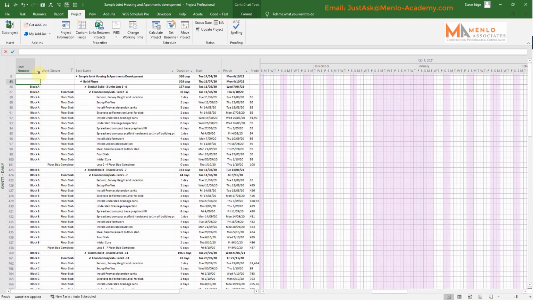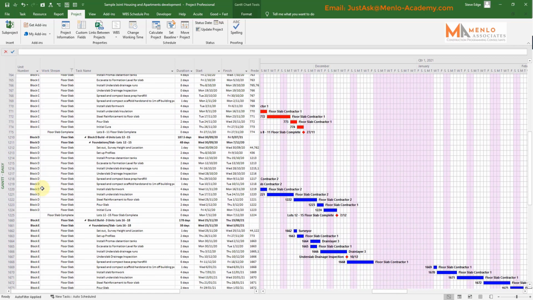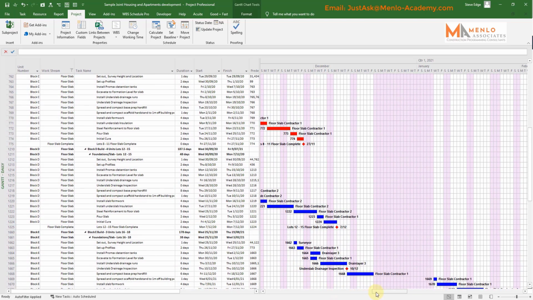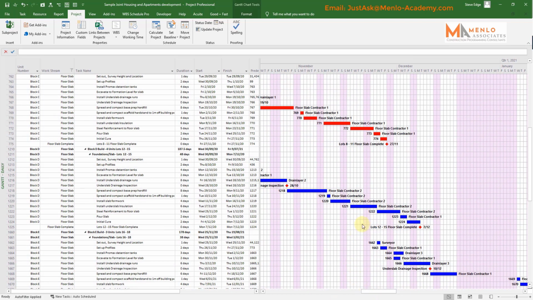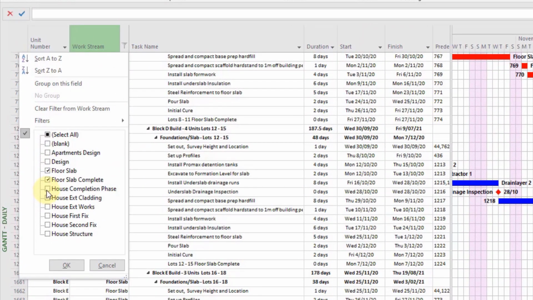Now, I can take that a step further. This is just on floor slabs. The houses are designed in terraces of 3 and 4 houses, so a floor slab is actually for 4 houses. If I take this, say, to structure, that's a house structure instead of floor slabs,